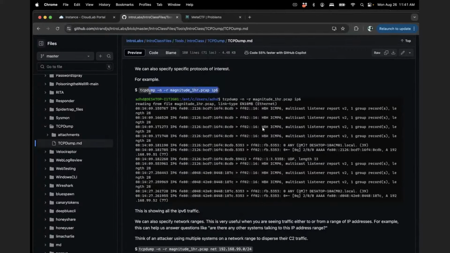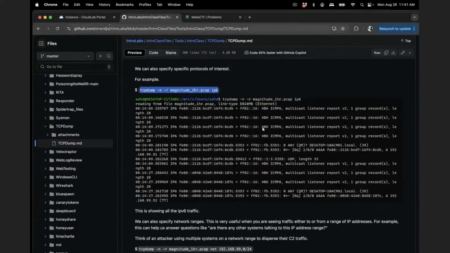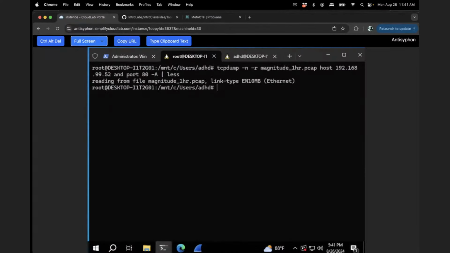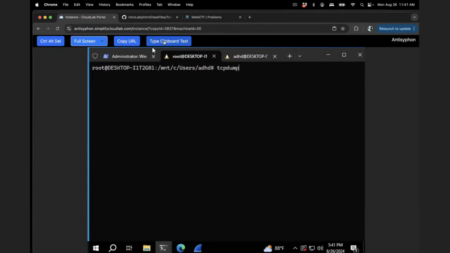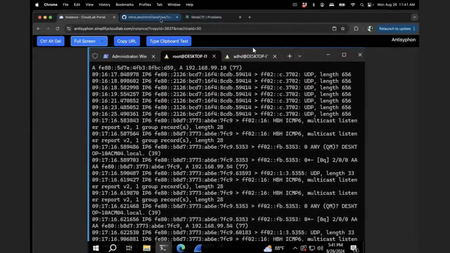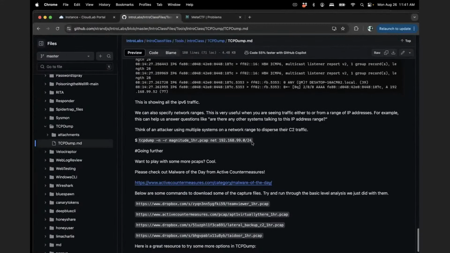Oh, we can also do filtering on protocols, right? So I can do TCPdump, don't resolve any names. We're going to read in the magnitude 1 hour PCAP. So we're going to Control L. Here we go. Type in the clipboard text. Now it's going to show us all the IPv6 packets because TCPdump can do IPv6, which is pretty neat. And then we can also do search within a